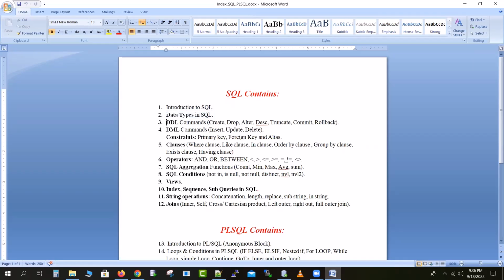Then the most important topic of SQL, that is DDL and DML commands. Maybe most of you are already aware of these SQL topics, but we are still going to cover them because they are important, and it is also for your revision. So we will cover the DDL as well as the DML commands. Under DDL we have different commands like create, drop, alter, truncate, describe, commit, rollback, and then the DML